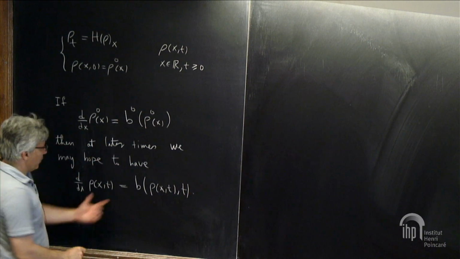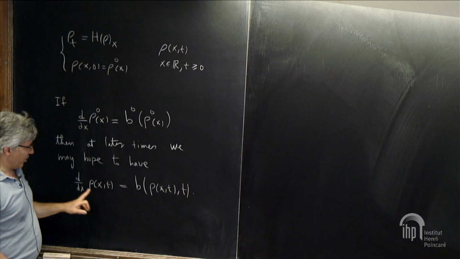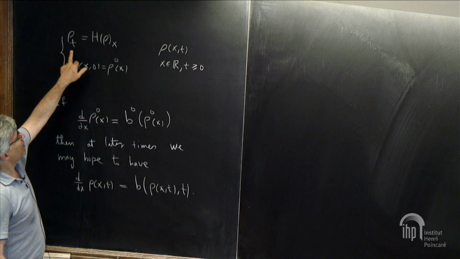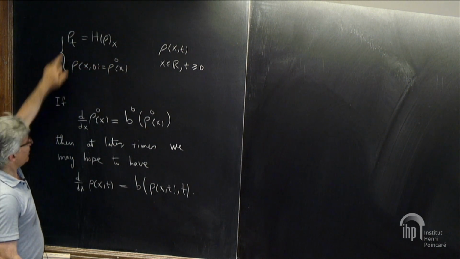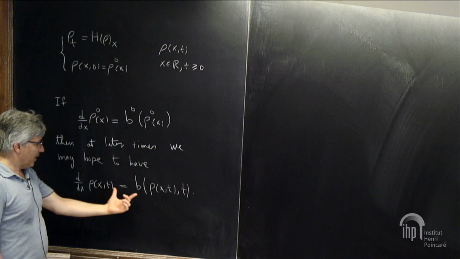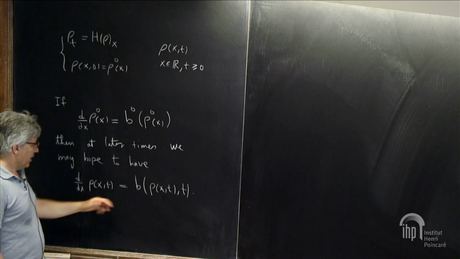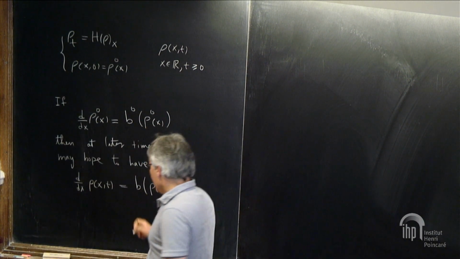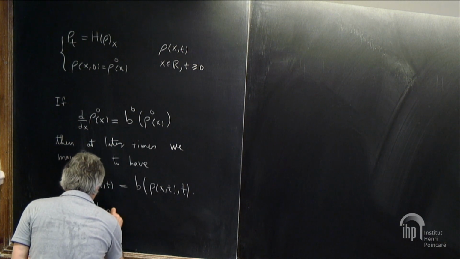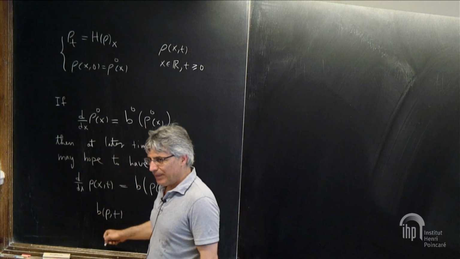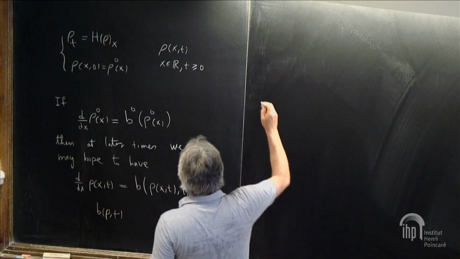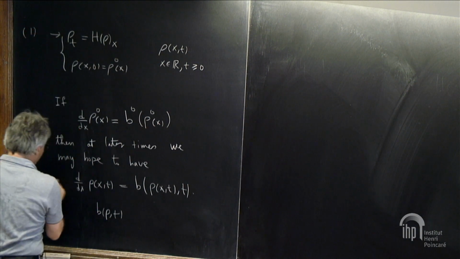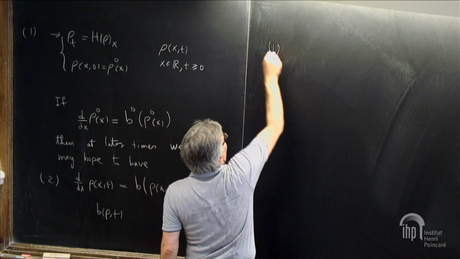And if this is the case, so this equation must be compatible with this. You have two equations. One equation says how the space derivative of this is evolving. The other one says how the time derivative is evolving. Then these two must be compatible, and the consistency would lead to an equation for the function b. So here, b is a function of rho and t. Rho is any real number, and t is the time. Then call this 1, call this 2. So 1 and 2